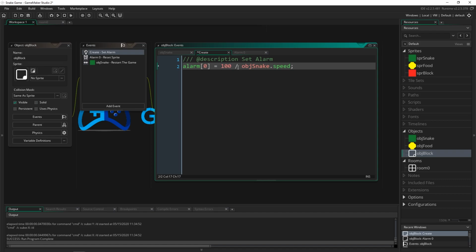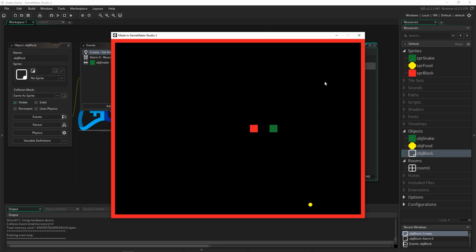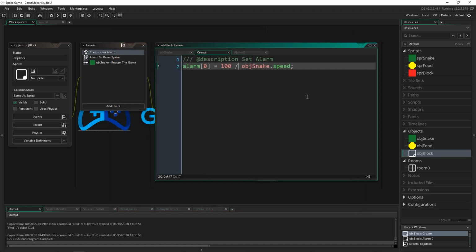So the first time, I'm going to run it and show you, the first time we run into it, it's going to take a while. But the second time, and the third time, and the fourth time, it's only going to start spawning faster and faster and faster. And now we have a game that's coming together to be fun, challenging, and to kind of resemble the original spirit of Snake. And that is adding challenge and difficulty